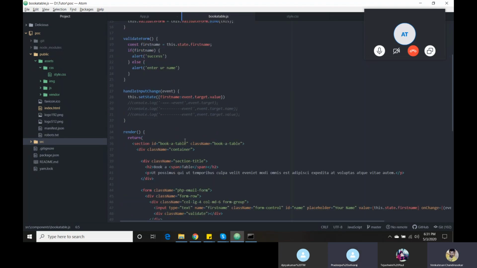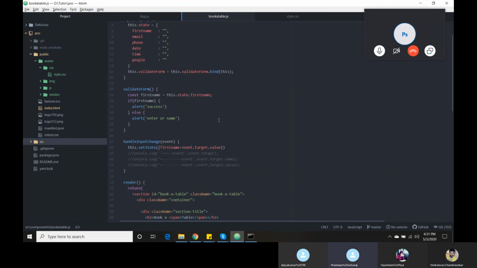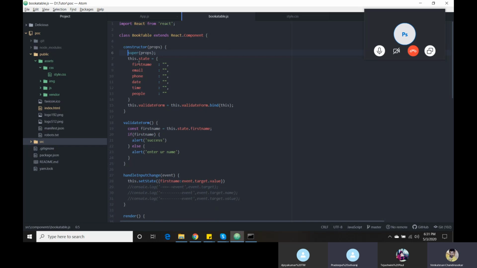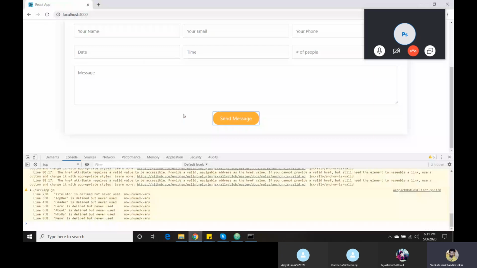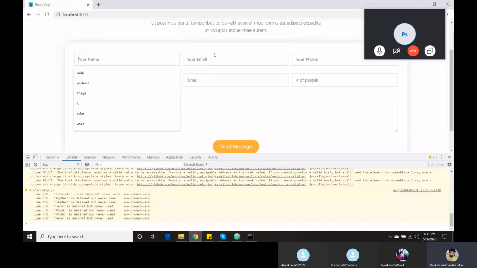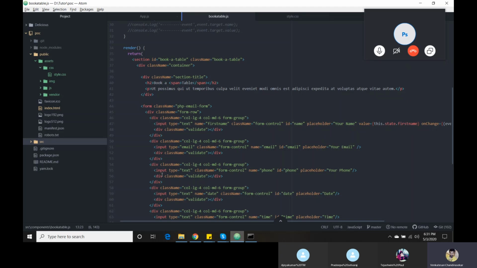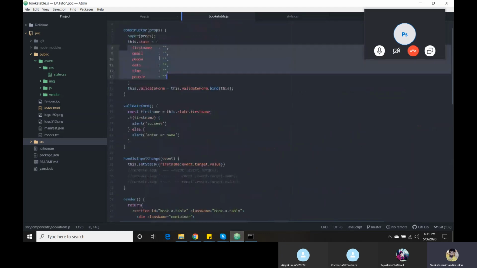In that we have to initialize the parameters inside the constructor, correct? Yeah, these are called parameters. In a single form that we developers know, totally 7 parameters are available. Later on it will increase.